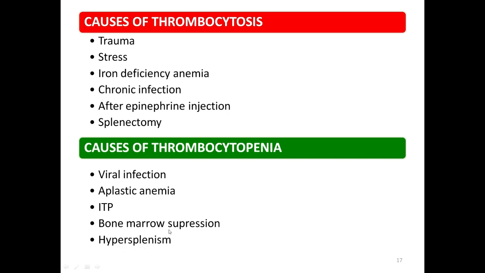So the reason for thrombocytopenia in hypersplenism is the opposite of the splenectomy reason. As I said, in splenectomy the spleen is removed, and that is why the platelet count is more, because destruction does not take place. Here in hypersplenism, what happens? The platelets will get destroyed there, right? So a greater amount of platelets will get destroyed, and that is why there will be thrombocytopenia.